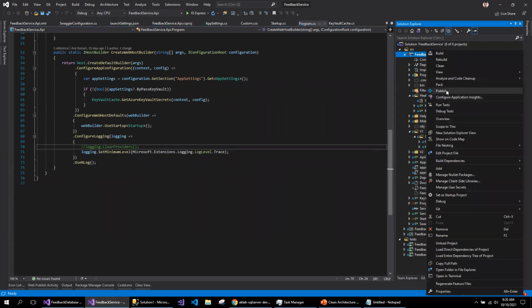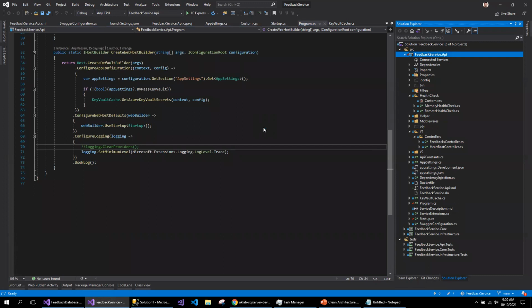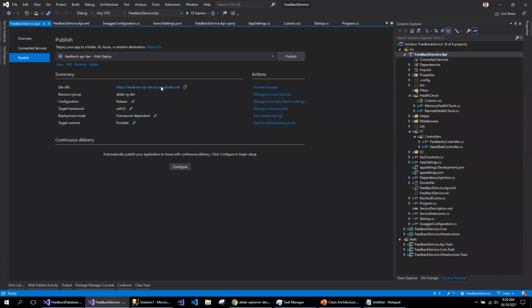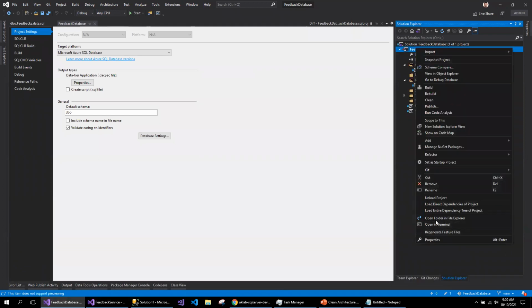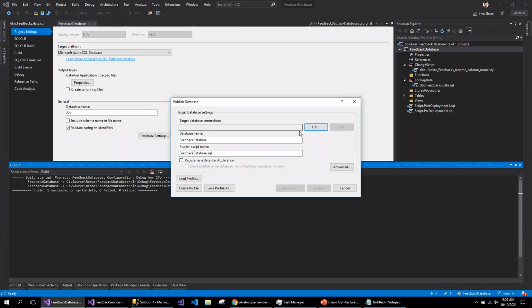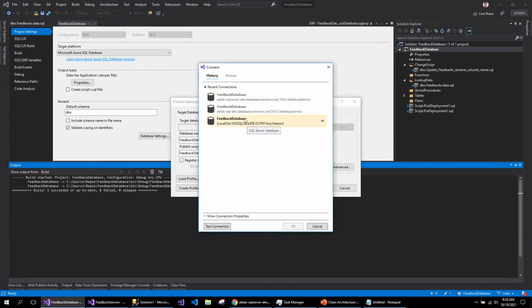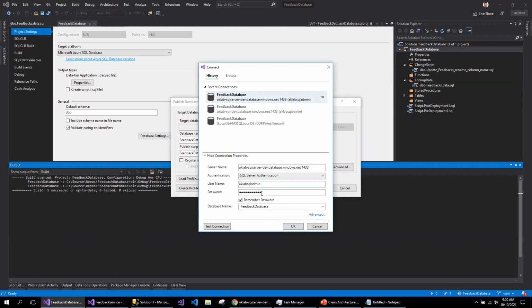So let me republish again. This time make sure that I keep the correct, sorry, not the service, publish. So this is the right connection string. Does it have a database? No. Okay, so the database name is here, feedback dev.